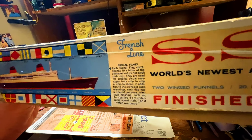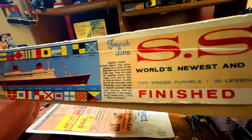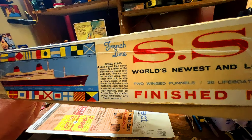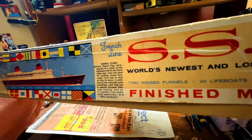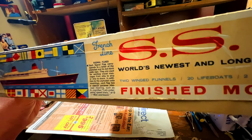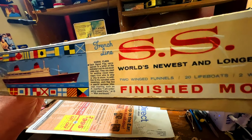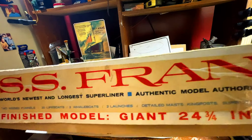The signal flags. Each signal flag corresponds to a letter of the alphabet and is a dot-dash code sign. They are used for sending visual messages from ship to ship or ship to shore. In addition to the alphabet code meanings, each flag has a special purpose message meaning, such as A signifies I am undergoing speed trials, or O for man overboard. You can see SS United States,